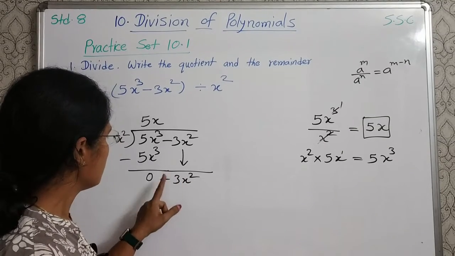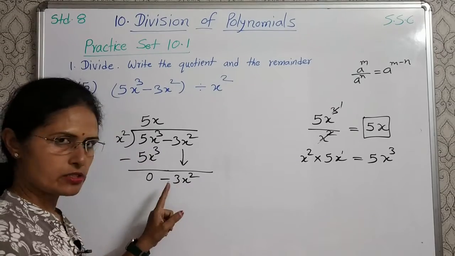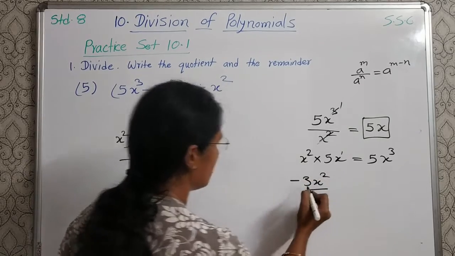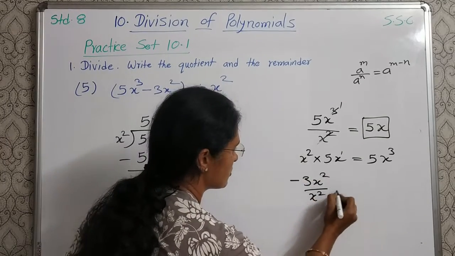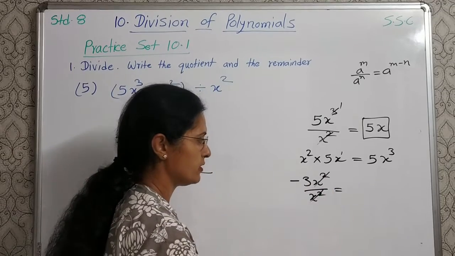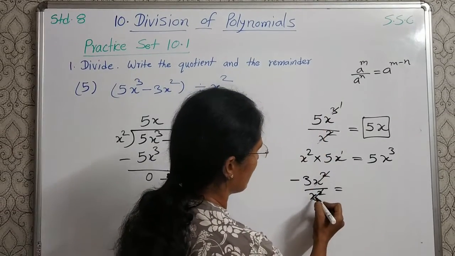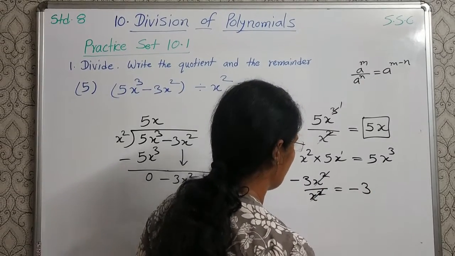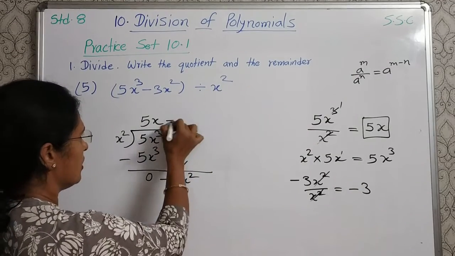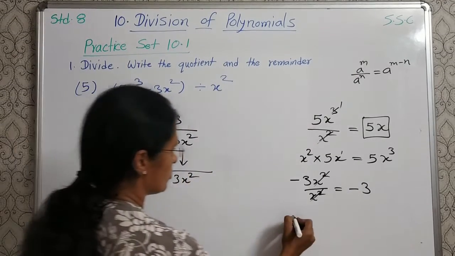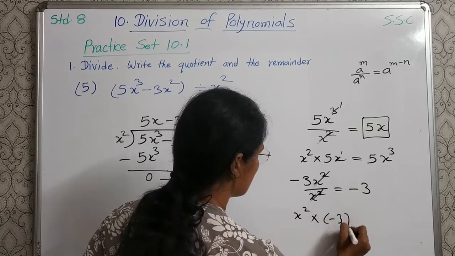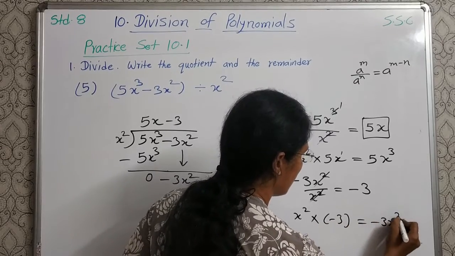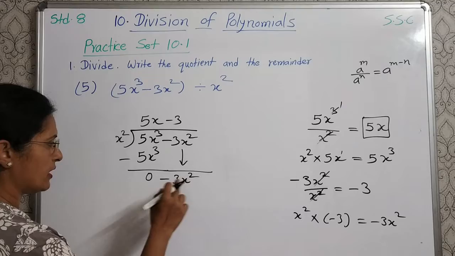Now again with this remainder we'll divide by this x square. Now this is the dividend, this is the divisor. So minus 3x square divided by x square. Now see x square will get cancelled, or using this law 2 minus 2 is 0, x raised to 0. So the quotient is minus 3 and this quotient we'll write here and multiply it with this. So x square multiplied by minus 3 is minus 3x square. So we write that minus 3x square here